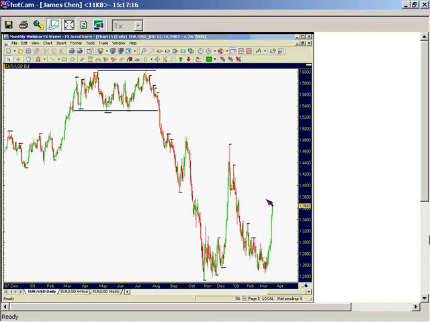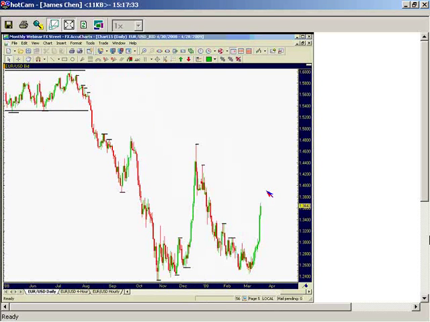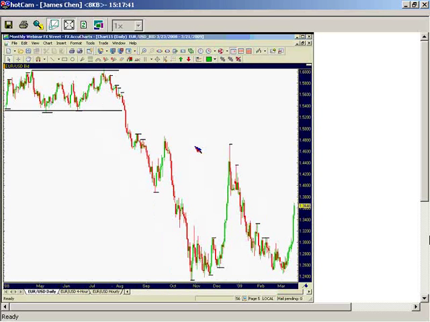I'm looking for price action elements, which are candles or bars that have long wicks or long tails, as well as double and triple tests. Okay, so when you're looking at the Euro Dollar, for example,